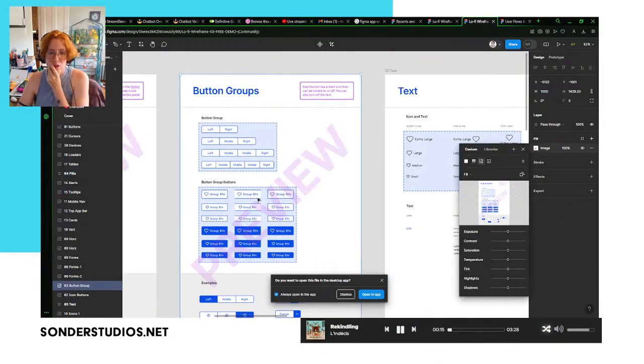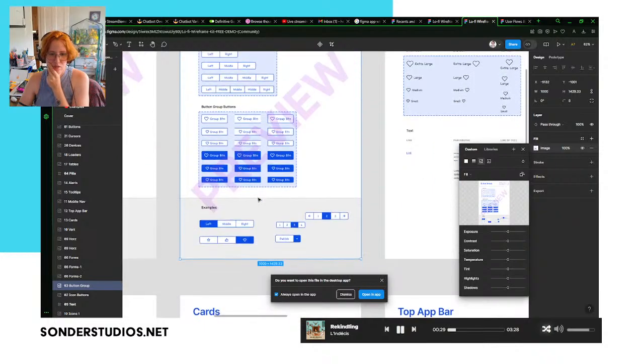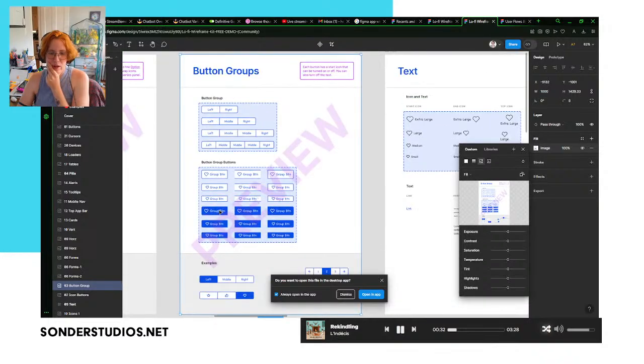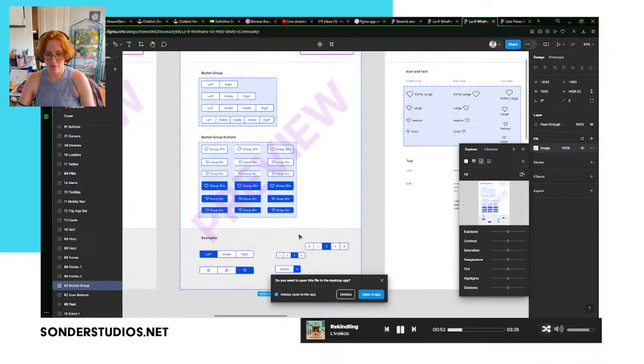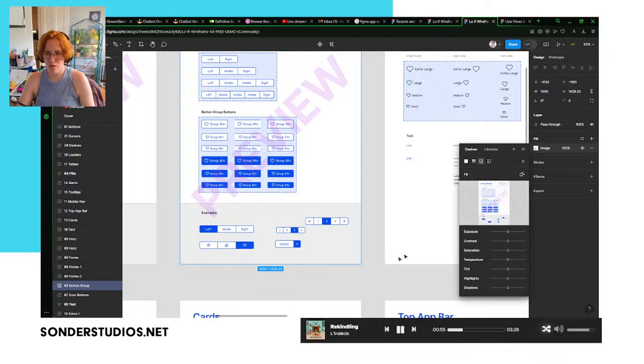Although, I wonder how they're doing it for everything. Each button has a sword icon that can be turned on or off. You can also turn off the text. Oh, okay. So it's breaking it up into every variation of what it could possibly be. So if the button happens to be on the left and you wanted it to be the blue on the white, then you got that. You got it big, you got it medium, you got it small. Same for if you want the middle one. Okay.